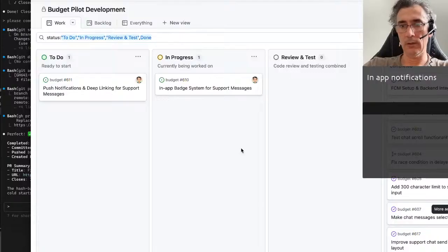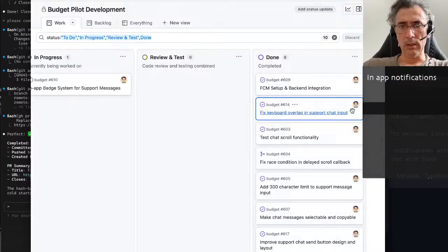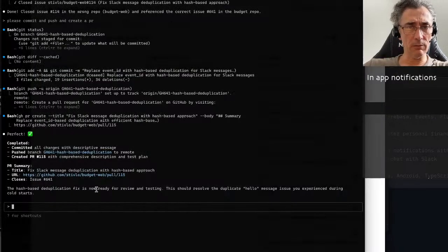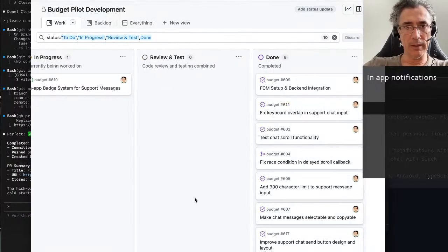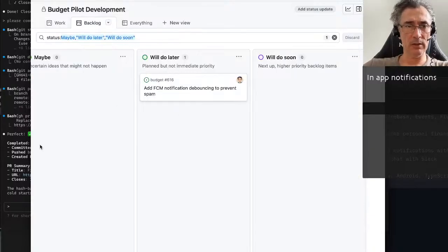614. Let's search for it. Ah, there you go. That is no. That's not the right input. What is 6614? Oh God. I didn't expect that. Ah, 641. I'm an idiot. Okay. But this 641, correct number, but I don't see it. It's not here. It's not here. We have to ask what's the status